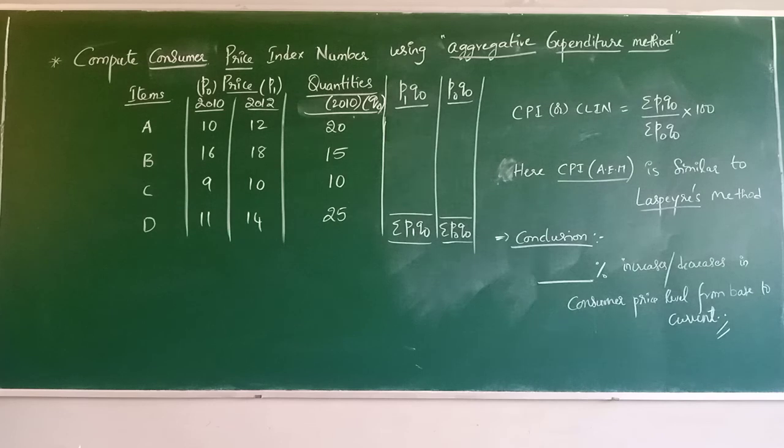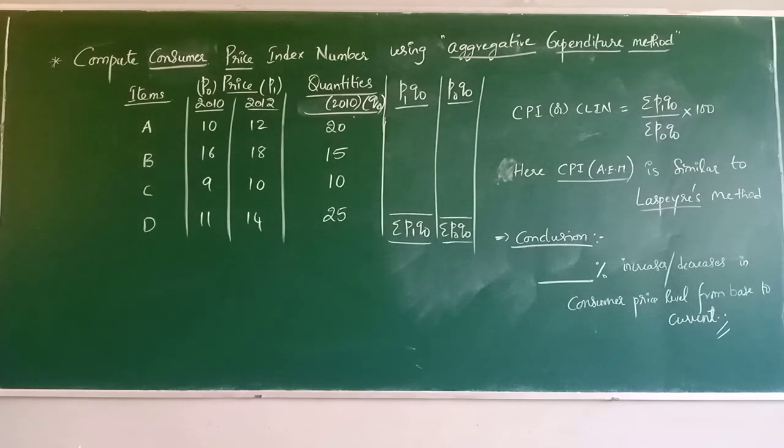For what purpose you are conducting the surveys and computing the cost of living index number should be defined well in advance. And from which area you are collecting it, because the cost of living is the cost met by a specified class of people. So area is also required, from where you are collecting the data. Whether you are collecting from the poor class, the rich class, or the middle class should be mentioned.